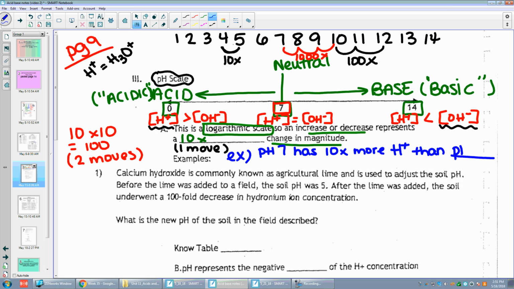Well, 10 times I'm going to think is 1 move. I have to have more H plus, so I want to go down my scale, because as I become more acidic, I have more H plus. So I moved from a 7,